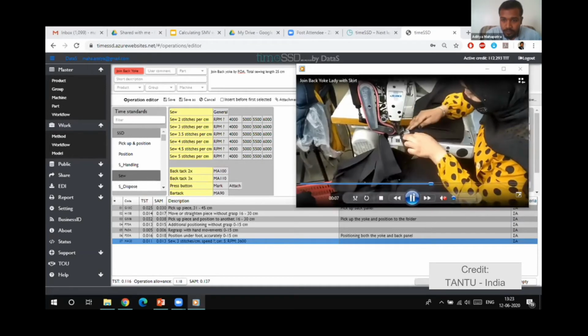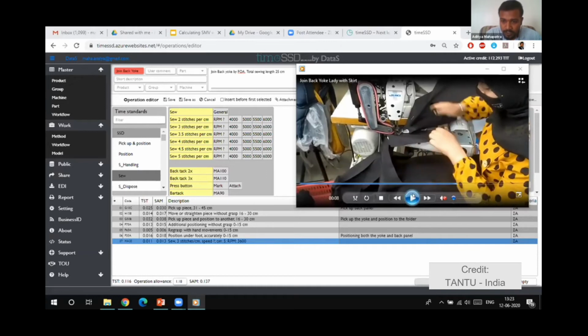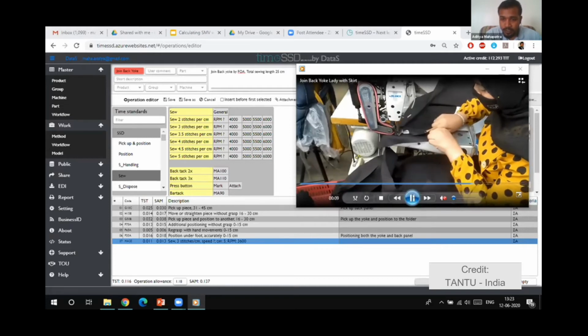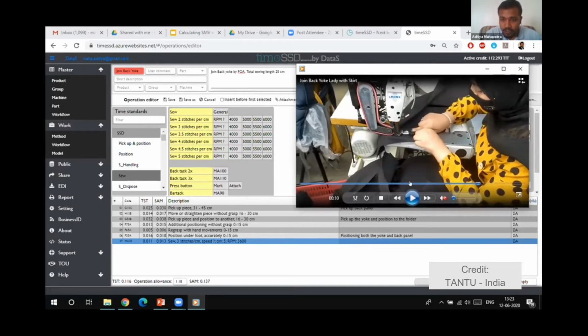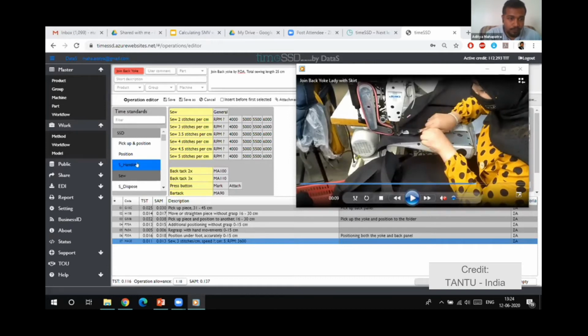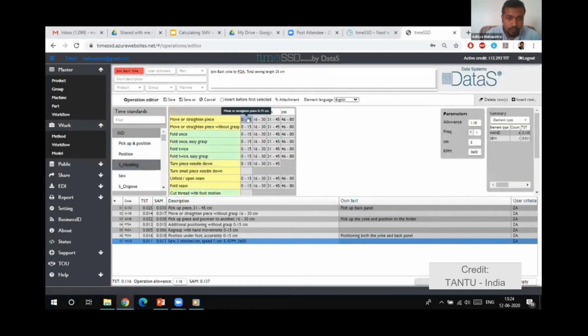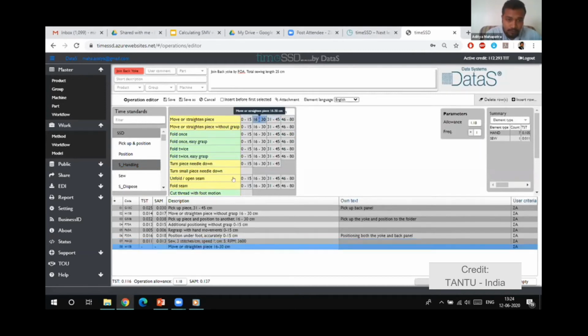After sewing, for the first time, the operator is taking a burst. Her hand is moving at the edge of the fabric. Then she is moving or straightening the piece, and then she is sewing again. Now, for this element, we have to choose from here, moving or straightening piece for 16 to 30 centimeter.